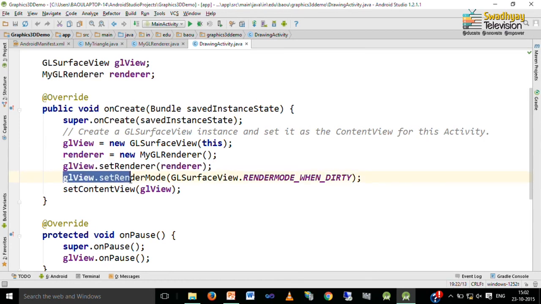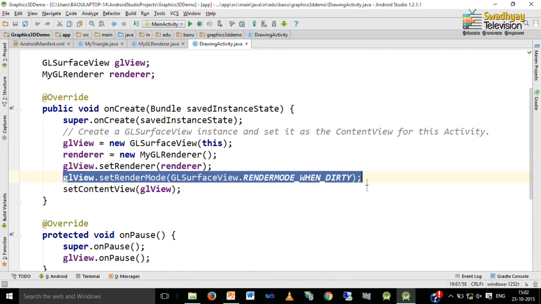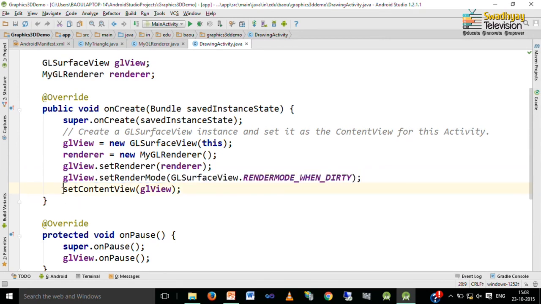And here we specify that the render mode is GLSurfaceView.RENDERMODE_WHEN_DIRTY. This will save your battery, because the renderer will only redraw the picture when it changes or when explicitly called. And finally, we set the content view to our GL view surface.